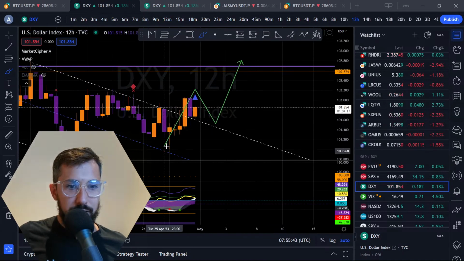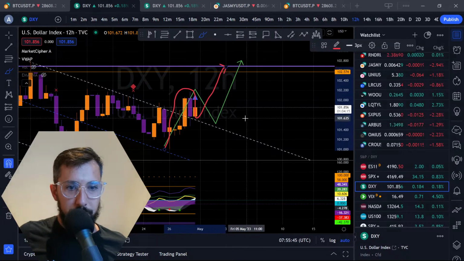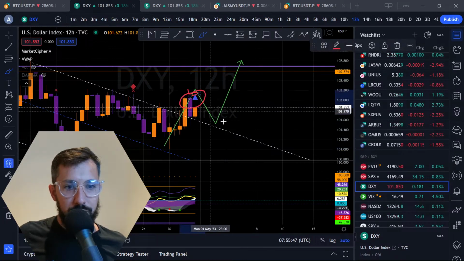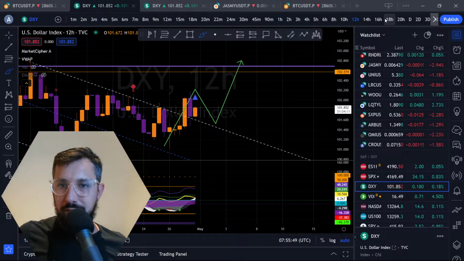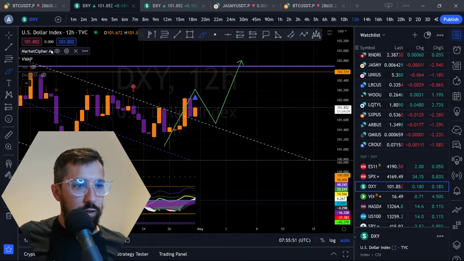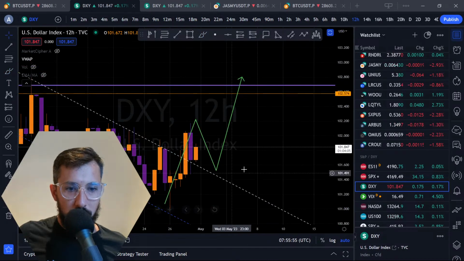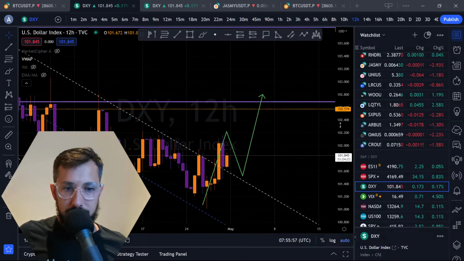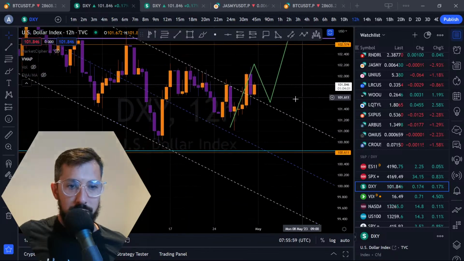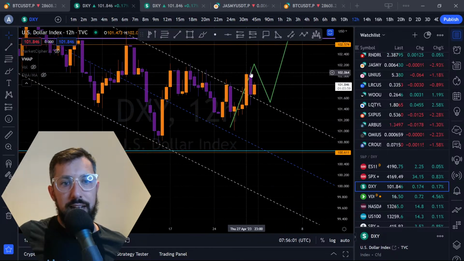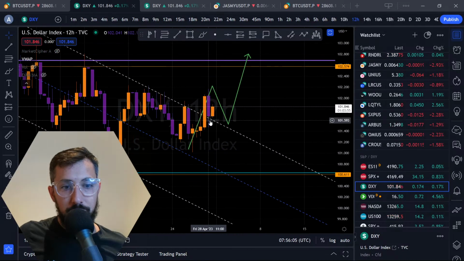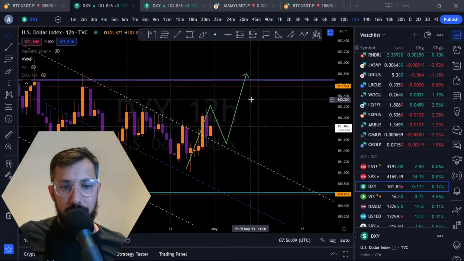And we can see it has popped out, and it's looking to pop up, okay? Yes, reverse triangle here, but I don't normally use Market Cipher on the beautiful Dixie. I just watch price action and look to see which way it's working. It was in this channel. It has worked hard to get out. It has flipped to support, and now we're looking for it to pump upwards, which means Bitcoin comes down, okay?